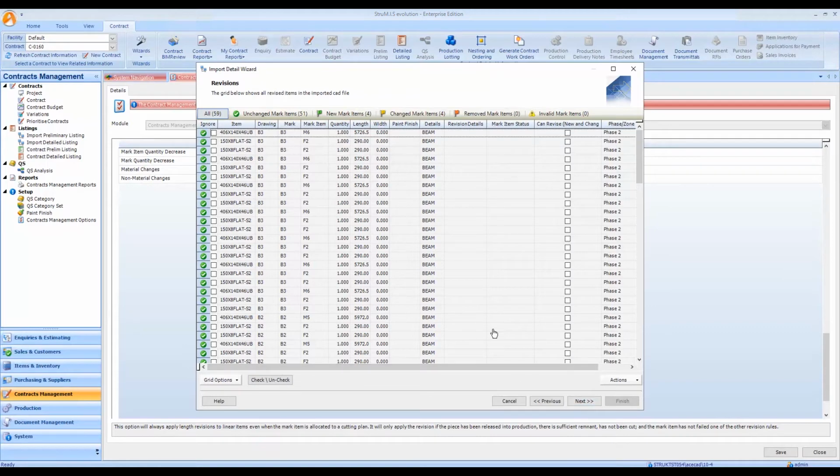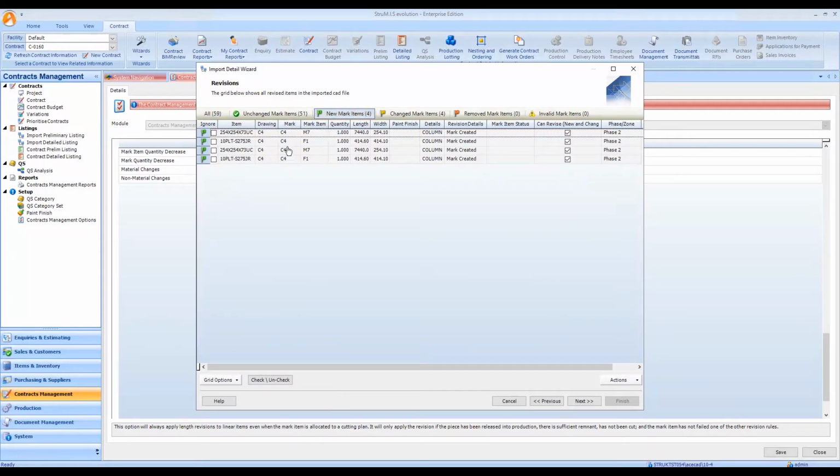As expected, we can see here on new mark items, we've got 4. If I go into there and have a look, we can see they're all marked C4. So this is the column and plate for the two new C4s that we've got in. And on the changed mark items, we've got those C2s. Now if we look at the revision detail,